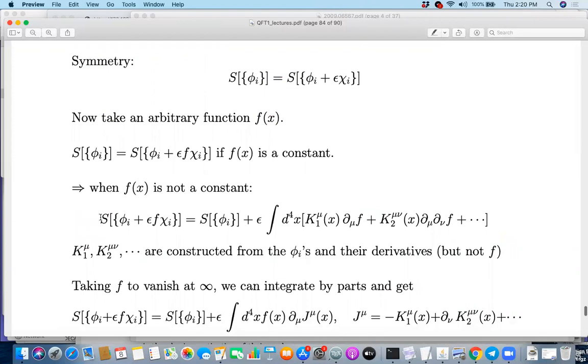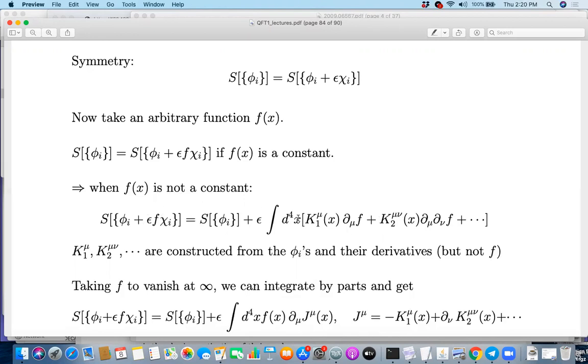Right? So on this side, things depend on phi and its derivatives, and of course epsilon and f. On this side, this of course depends only on phi and its derivatives. But now the point is that in this expression I have explicitly pulled out factors of epsilon, and I have explicitly displayed factors of f. And the reason that all terms are linear in f, with no f squared, for example, is because epsilon and f must appear in this combination, because on the left hand side, epsilon and f come only in this combination.